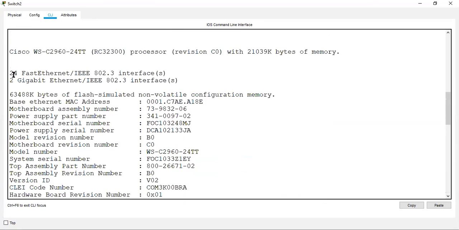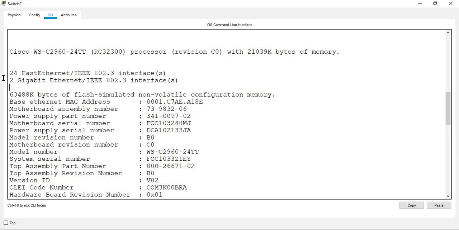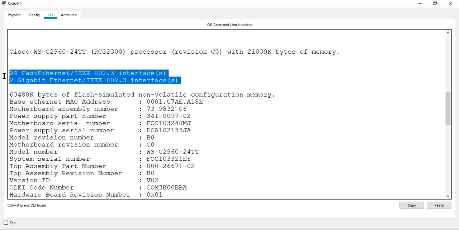You can see here 24 FastEthernet ports and 2 uplink ports. When a switch has 100 Mbps downlink, then your uplink should be 1 gig. If you have a downlink with 1 gig speed, then your uplink must be 1 gig or 10 gig.